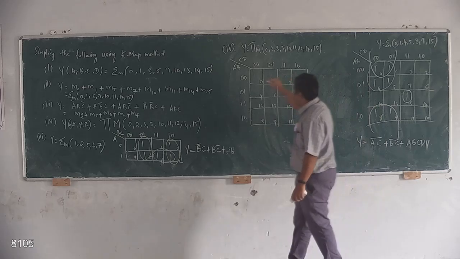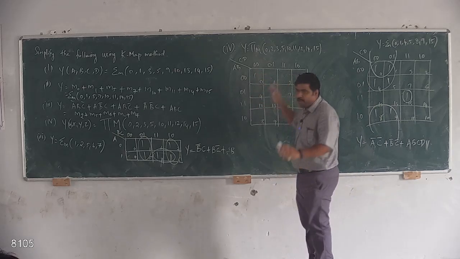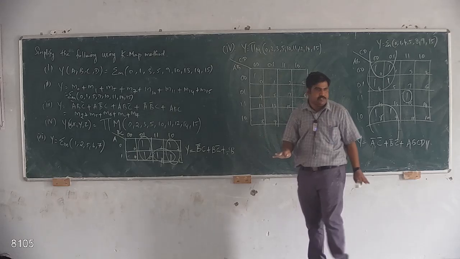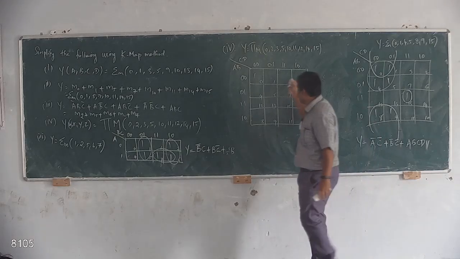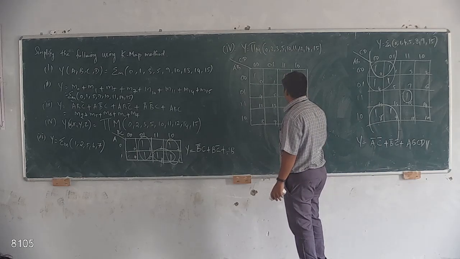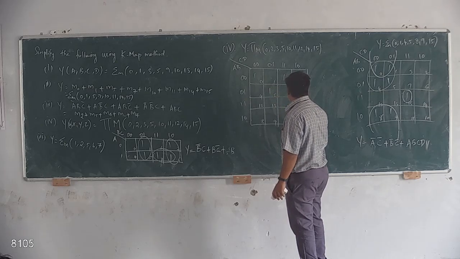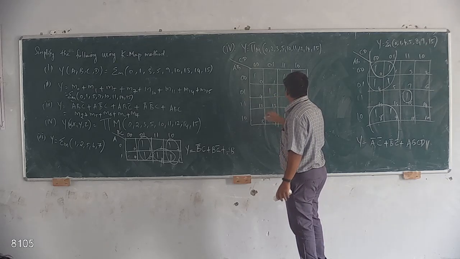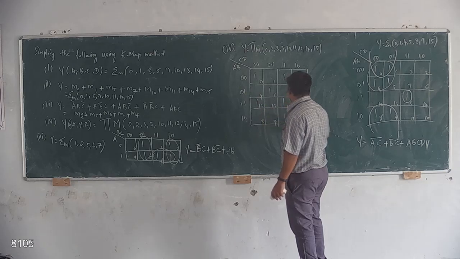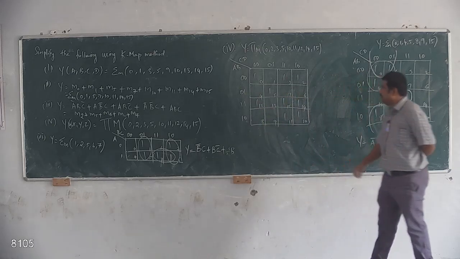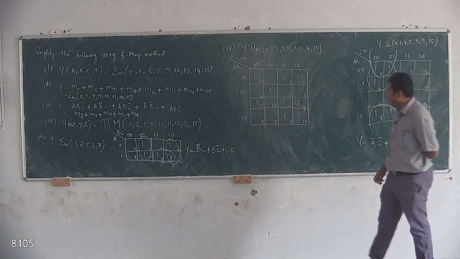So take one as it is. Whatever the useful procedure, do as it is. Okay. 0, 2, 3, 5, 10, 11, 12, 14, 15. So do as it is. What is the answer we will get? Y is equal to,